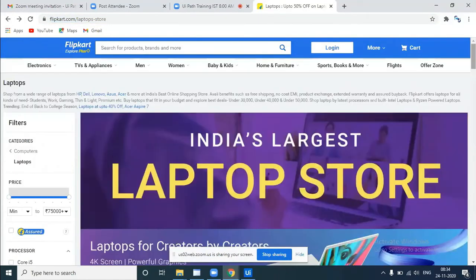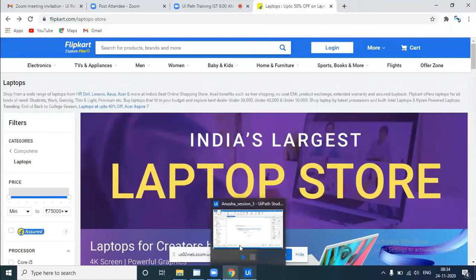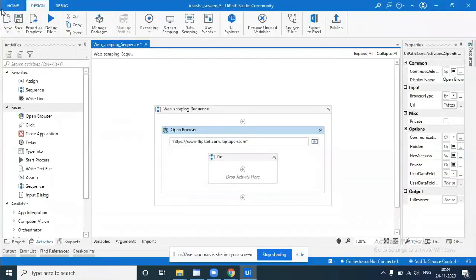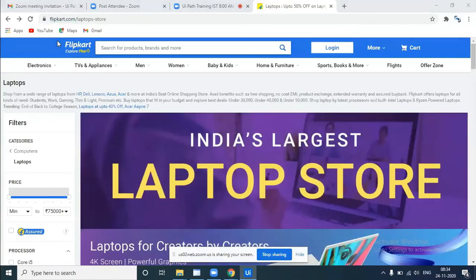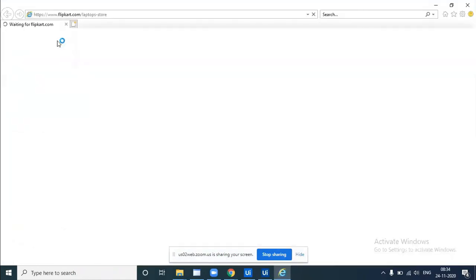So first let us develop our flow one by one. Now let's run the file. It will open Internet Explorer and we will reach directly that page.